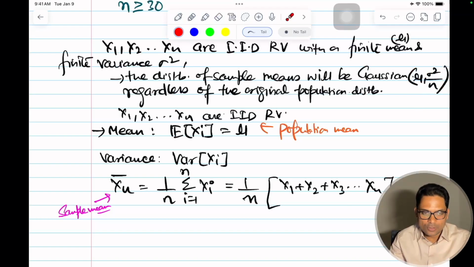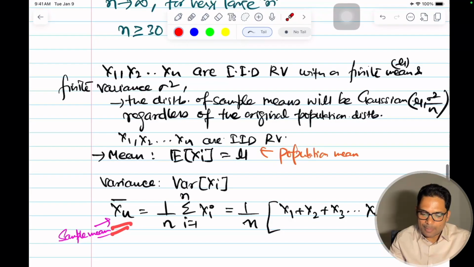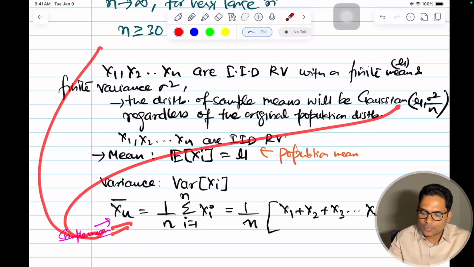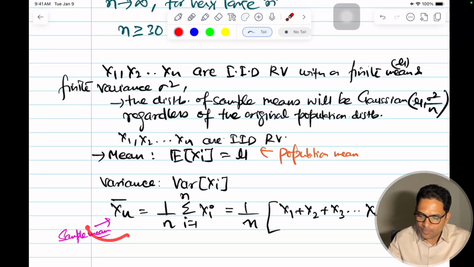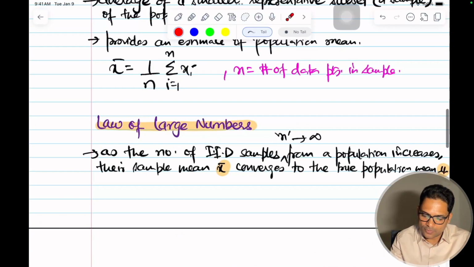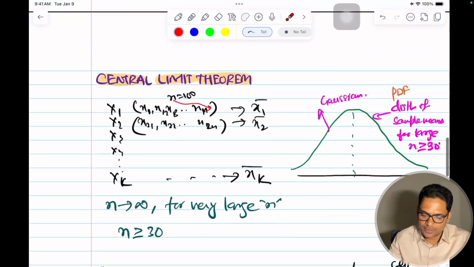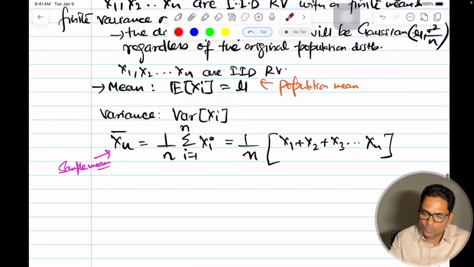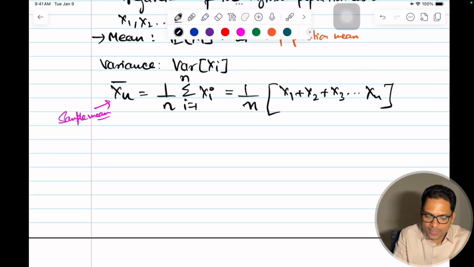We know by law of large numbers that the sample mean will converge to mu as n grows large, that we know. That's what we saw here, law of large numbers: X bar converges to the population mean. And now the second part is how the variance becomes sigma square by n. Let's do that. So how will we write the variance of